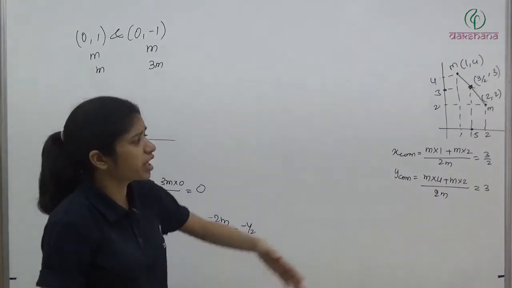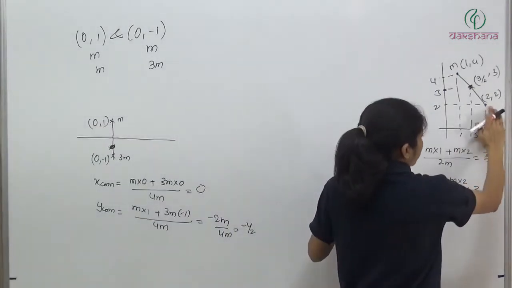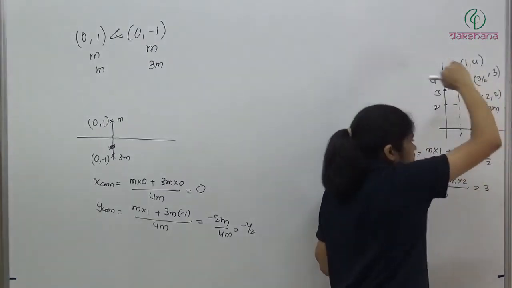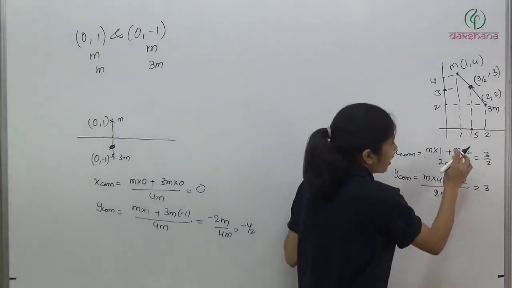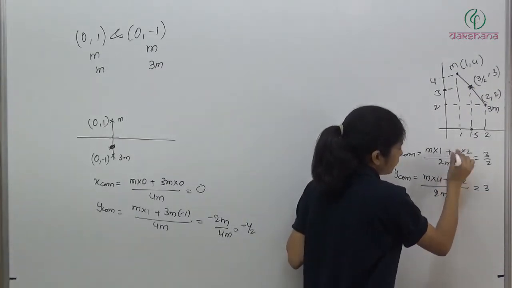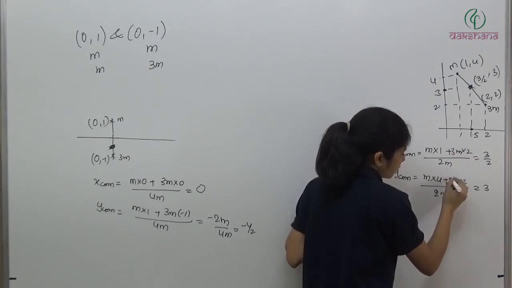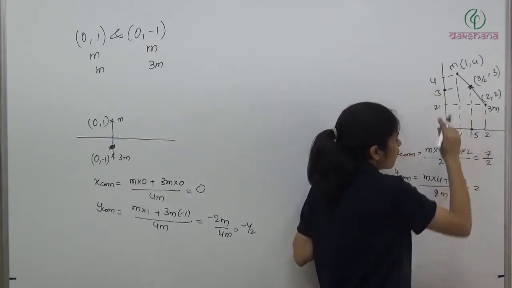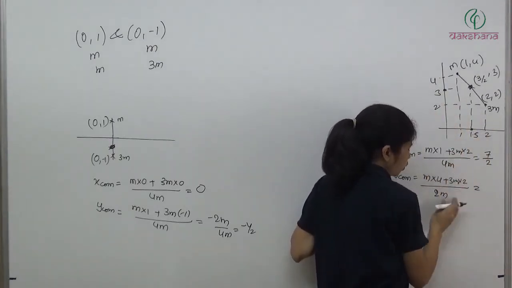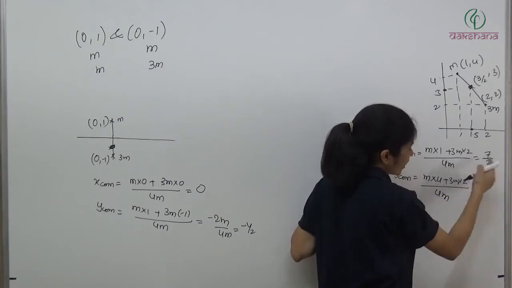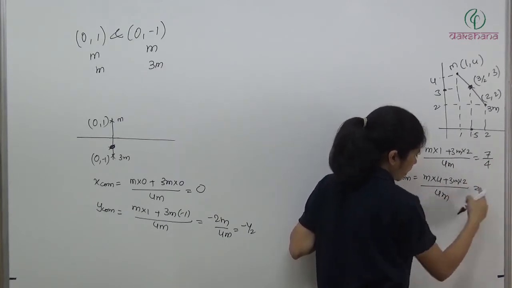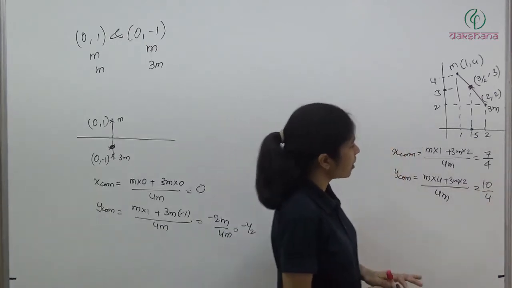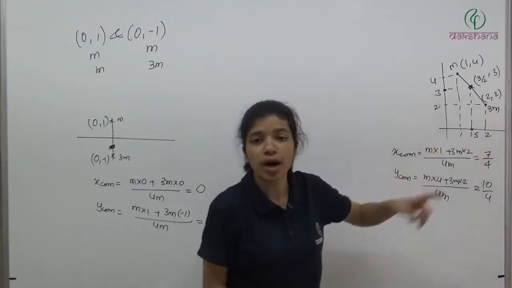So like this, if we have many particles, now if I replace this m with 3m, the location of the center of mass will get shifted somewhere here. So now here we are going to have 3m and here m. And now what I'll get? 6m plus 1, so here it will be 7, and now we have total mass which is 4m. So what we'll get? 7 by 4, and here 3 into 2 plus 4, 10 by 4. Clear? So now the center of mass location will get shifted towards the mass 3m.